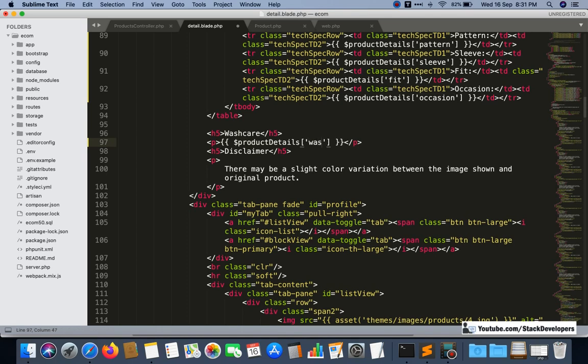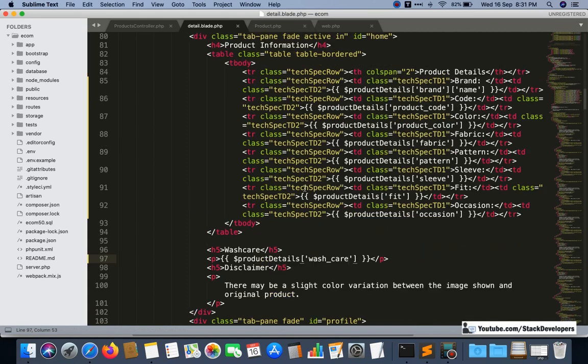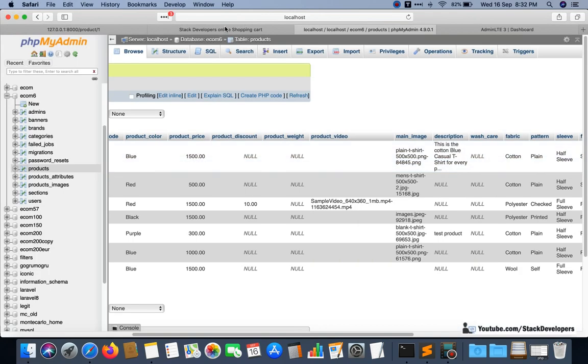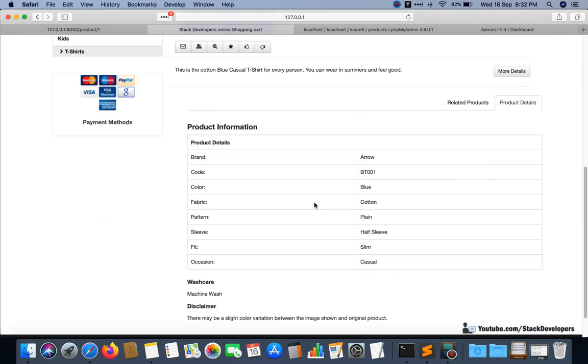Wash care. Okay, so this disclaimer we can show like this only, and the rest everything seems to be fine. Okay, done.